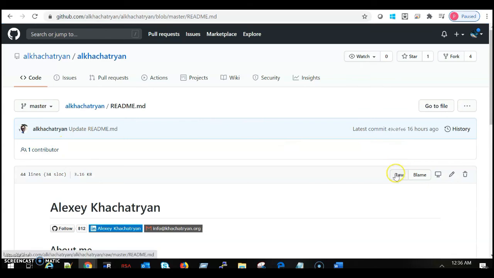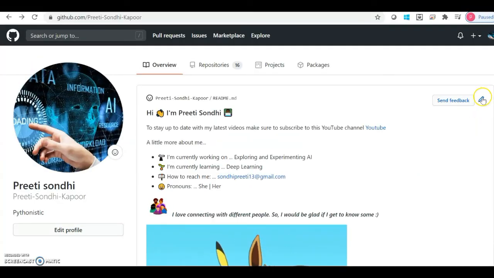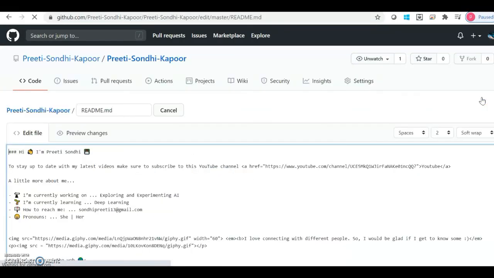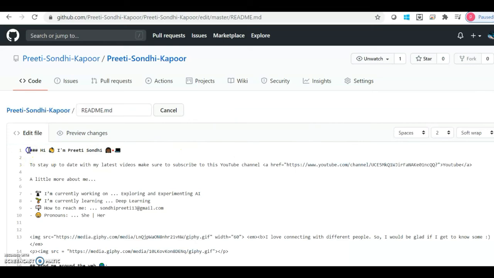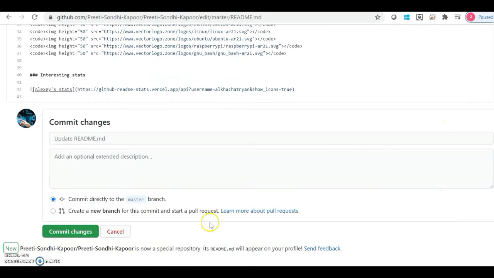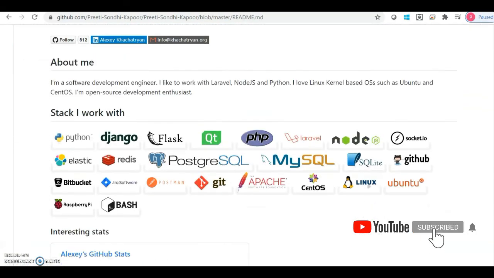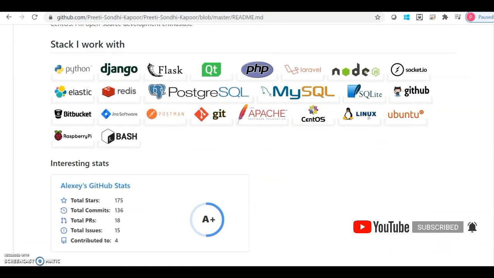After here you can see the raw, and from here you can copy the content. After copying it, you have to paste it here in your readme. Fine. So here I have pasted it. Then you have to do commit changes, and here it is. Okay, you got it, everything. So it's a very simple trick, it's very simple.